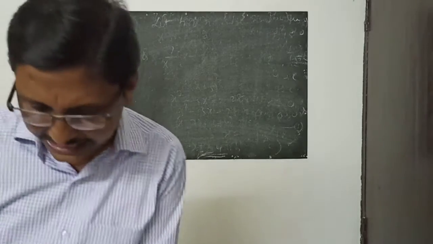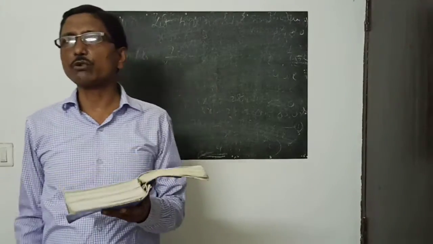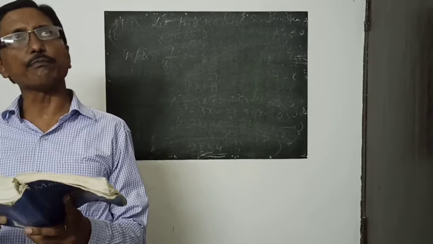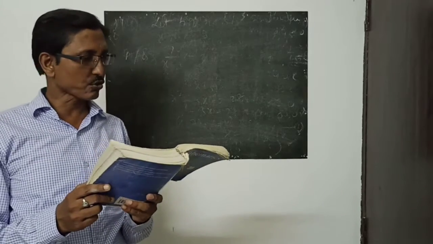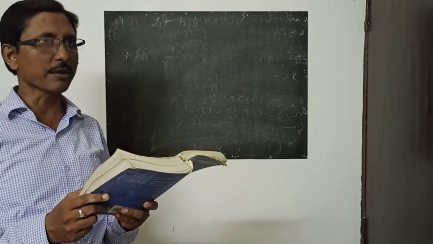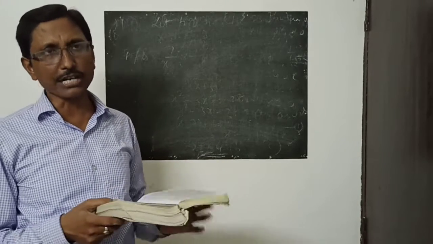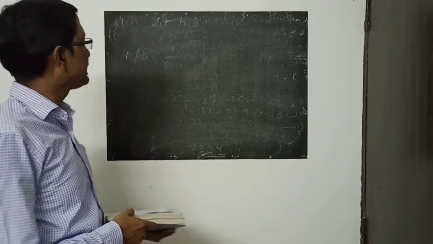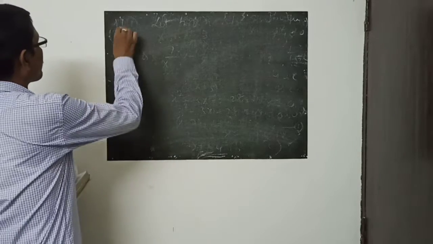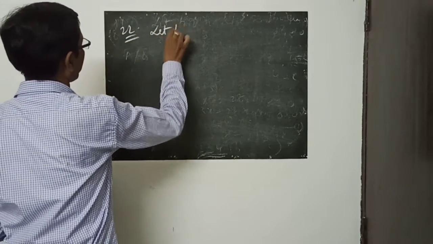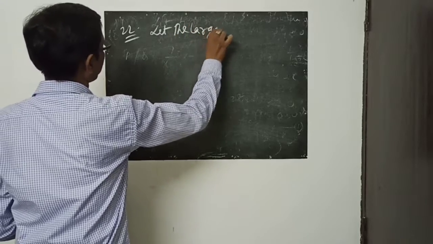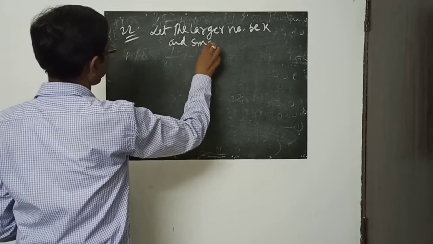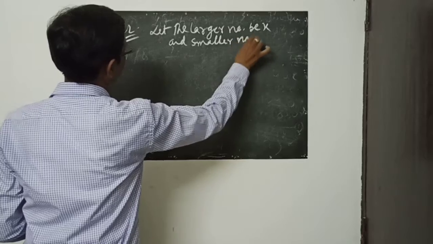The two variables, if we think, once more read the question carefully. The difference of the squares of two natural numbers is 45, and the square of the smaller number is 4 times the larger number. Means two numbers you are having. One is the smaller number, another one is the larger number. In that respect we can get this, question number 22. Larger number be x and smaller number be y.